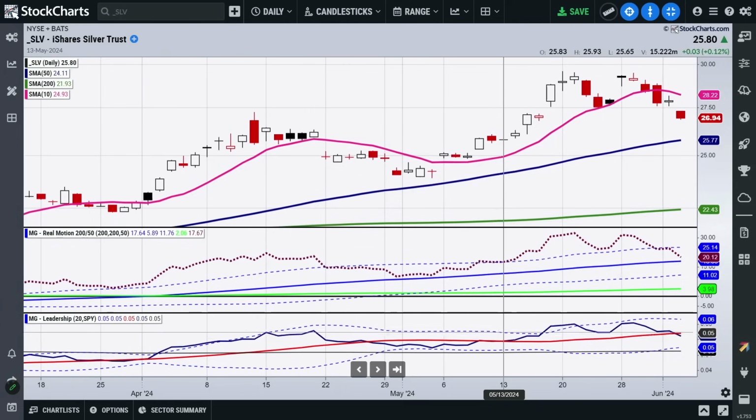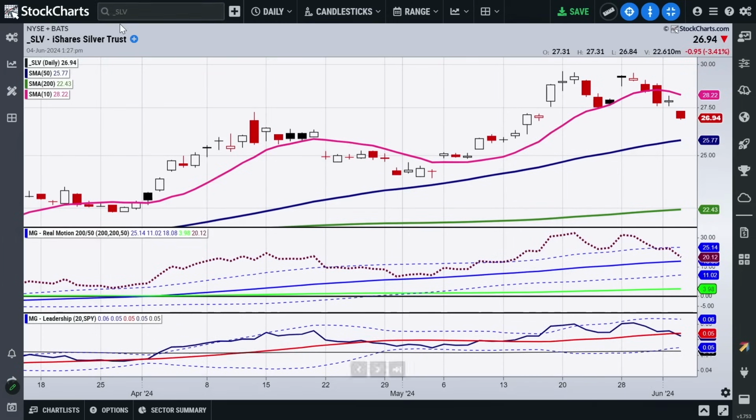And yes, it's slightly now underperforming the SPY. So I would also want to see not only this move to around the 2650, where you can see my cursor right now, which would be right here under this high that I'm looking at from May 15th. But also we would want to see this momentum start to come up and outperform the SPY.